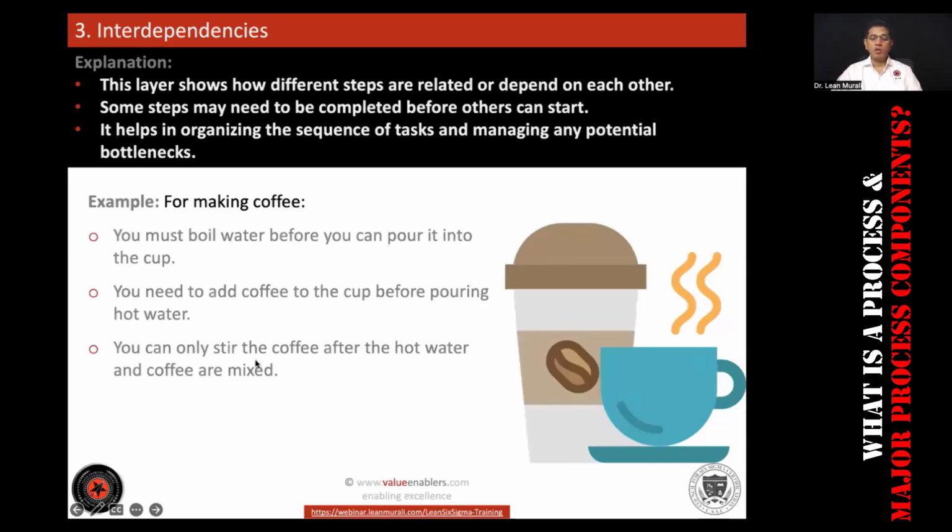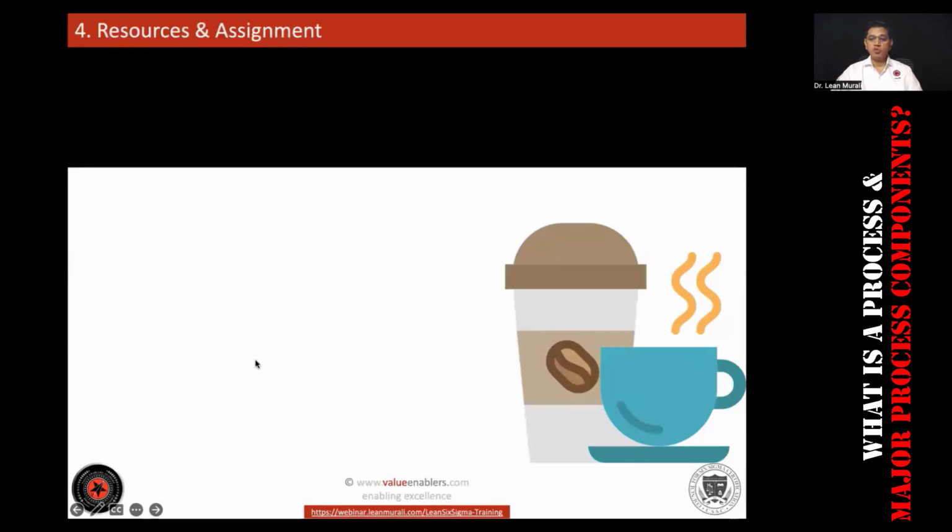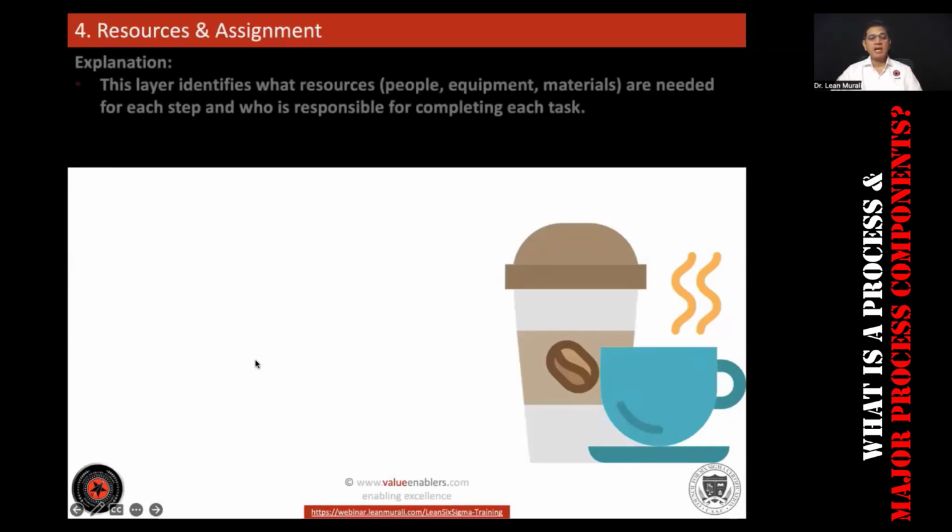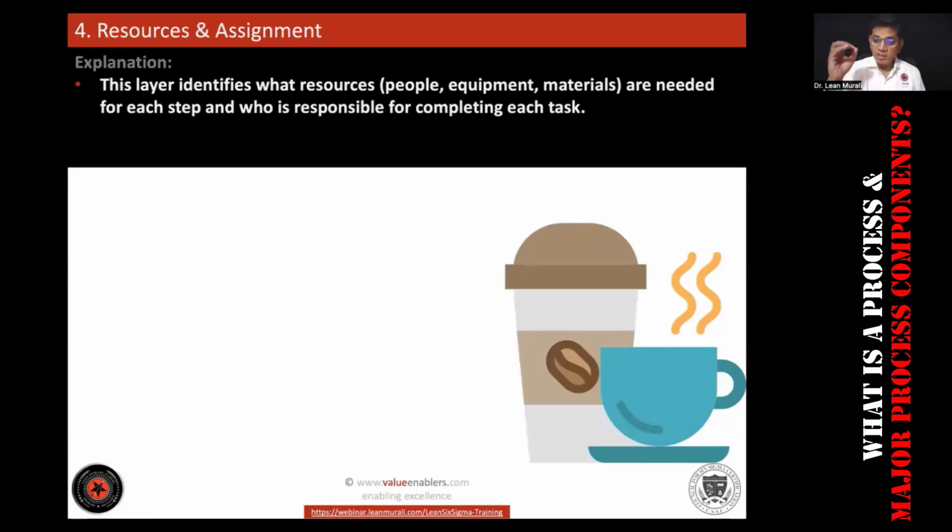And let me go on to the fourth layer, which is resources and assignment, which means that in this layer, we'll identify who is required, the people who are required, the equipment that is required, the materials that are required. We have the method, which is the fourth M. For the fourth M, which is method, we need